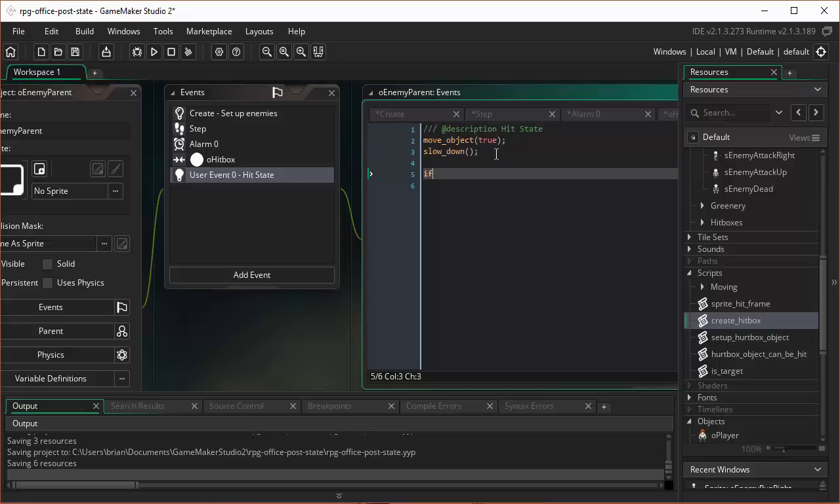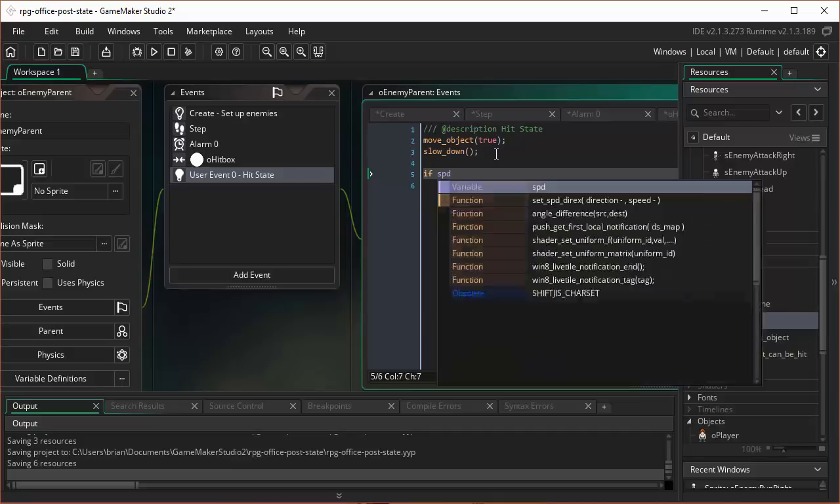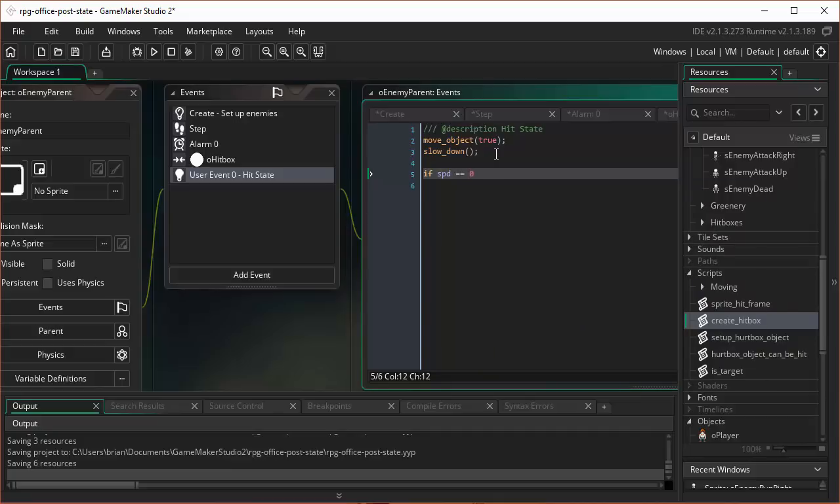Well, we're going to say if speed, our custom version of speed, is 0, then state equals starting state. And remember that our starting state was no one, meaning nothing. So the end result will be if